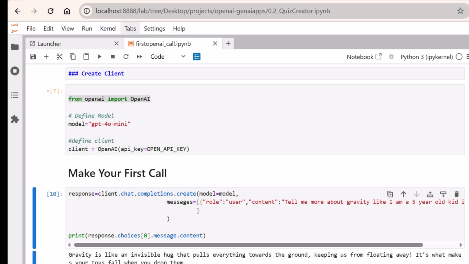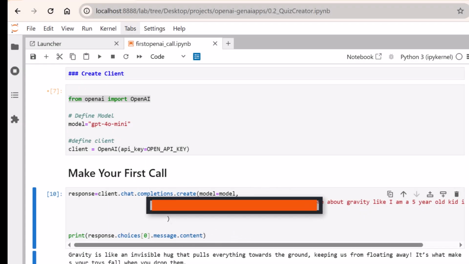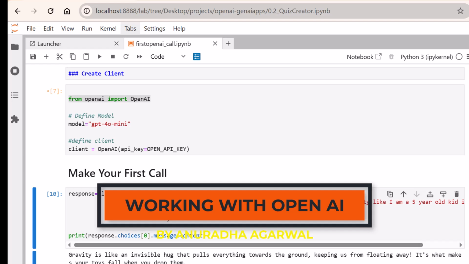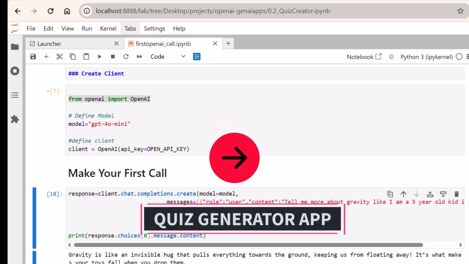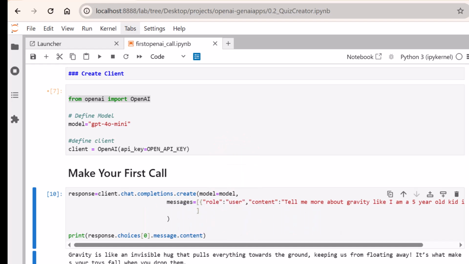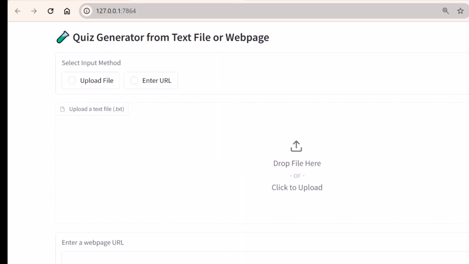Welcome back, friends. In the last lesson, we set up the OpenAI API environment. We made a first call to OpenAI API, and we also experimented with crafting prompts to generate content. We asked OpenAI to explain gravity from the perspective of a 5-year-old child. And now we will take a step further by building a quiz generation application, which will let us create multiple